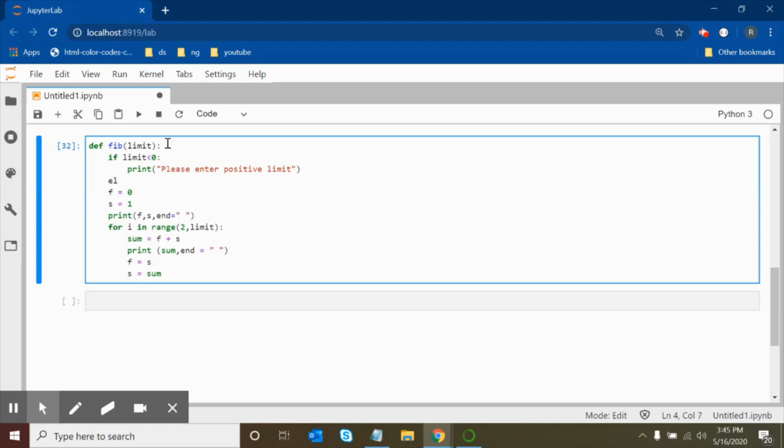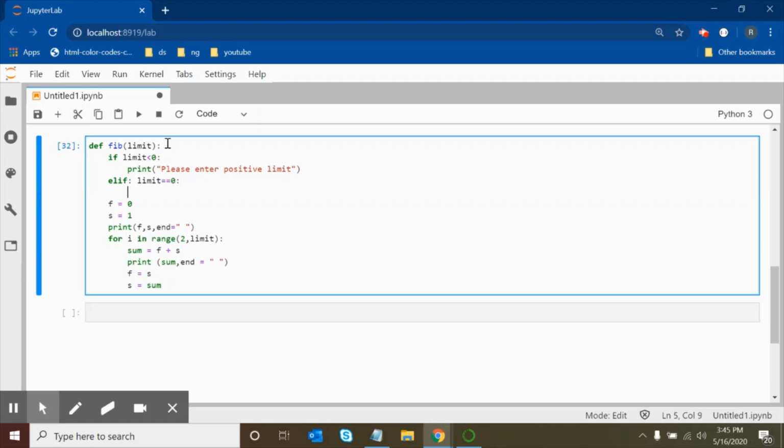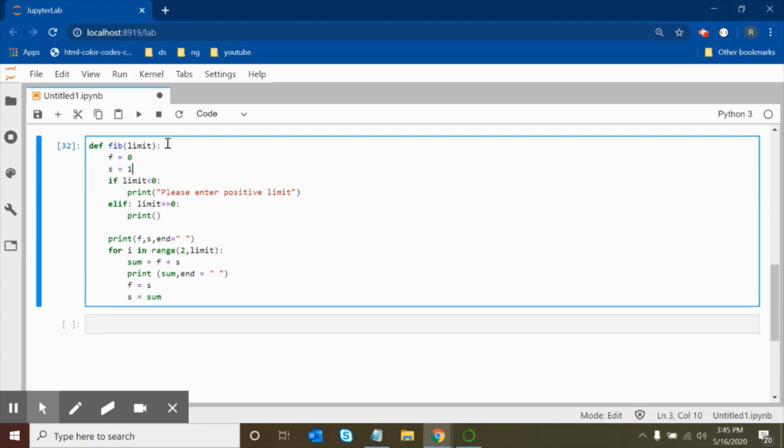Elif, we know that in other languages we use else if, but here instead of else if we use elif. So here we will check if limit is equal to 0. What we will do is we will write print. I will just define this in the first line, like here.